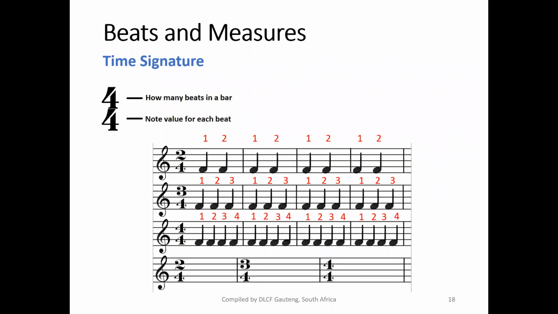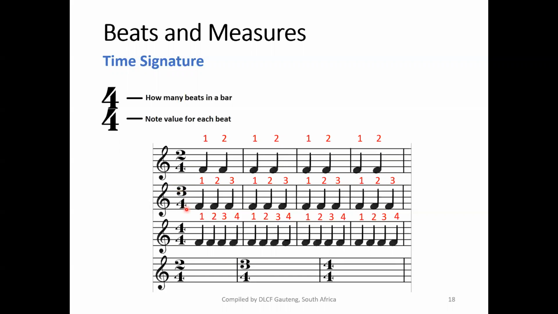All right. Okay, so same thing with 3/4. We have 1 2 3, 1 2 3, 1 2 3, 1 2 3. Okay, so it tells us there are 3 beats in 1 bar. Okay, and we have 4/4, and 3/4. So the 4 tells us, okay, if we again assume that this 3 is a 1,